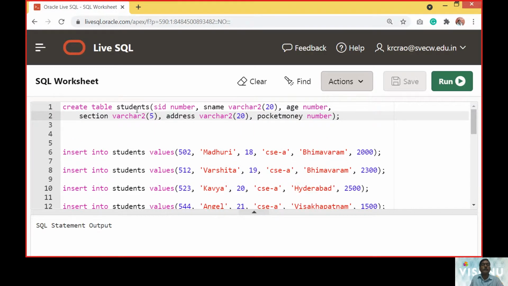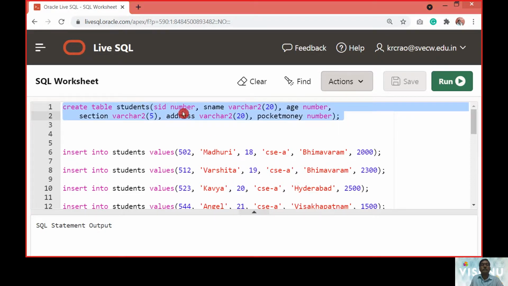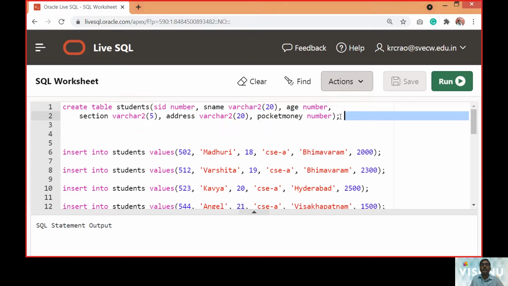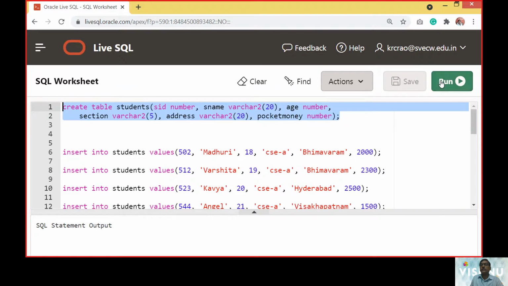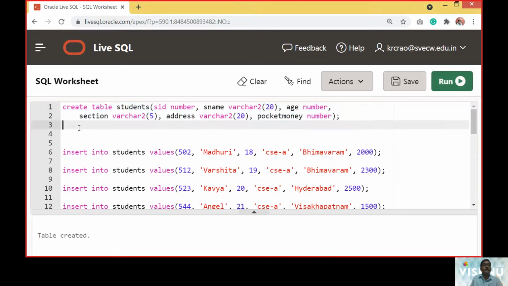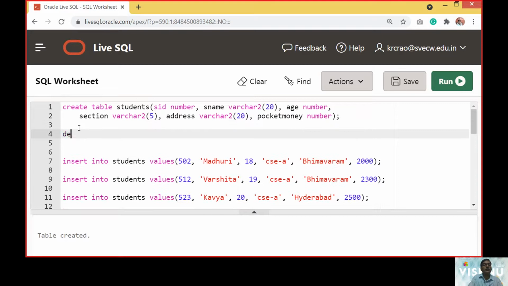So create table student with SID as number, name as varchar, age, section, address, and so on. We run it as a DDL command, and you can see here that the table was created.